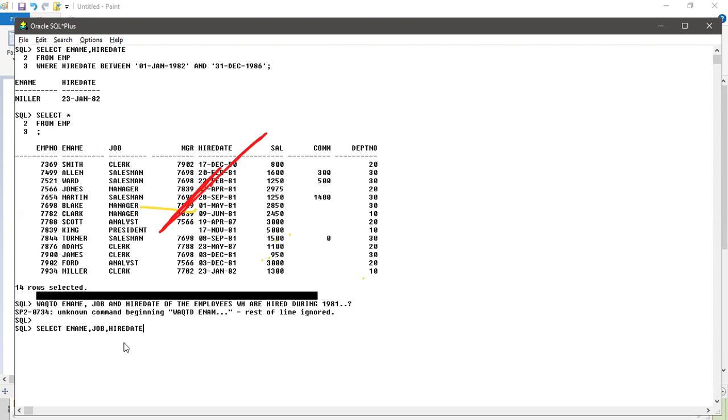Underline this word, during. I'll repeat again. Select ename, job, hire date from EMP where hire date